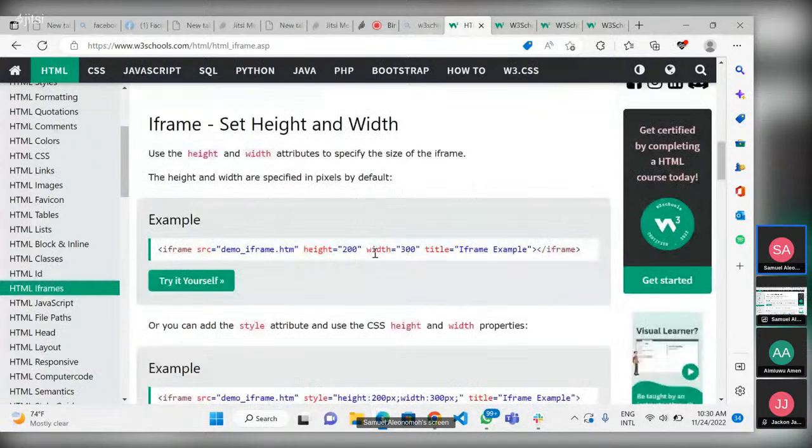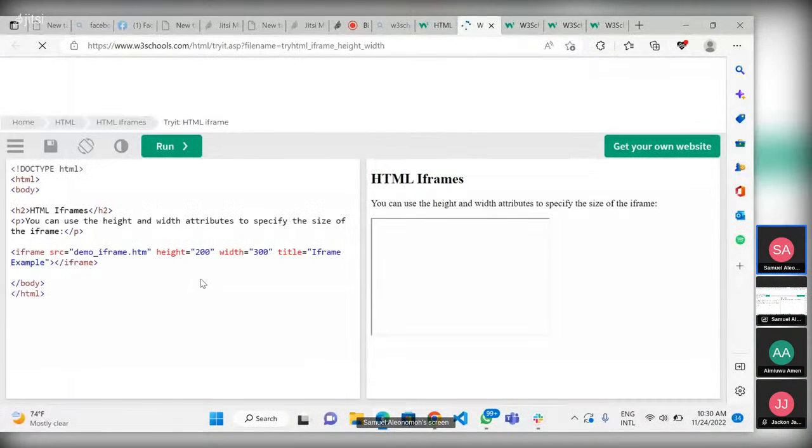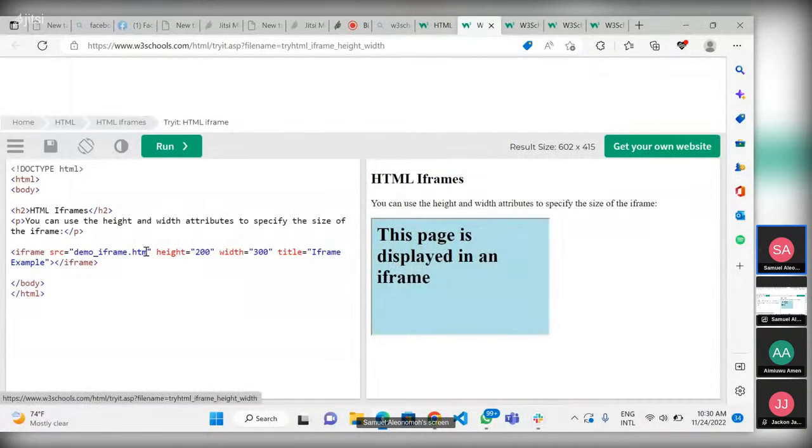Let's try this. If I change it to google.com, if I change this stuff to